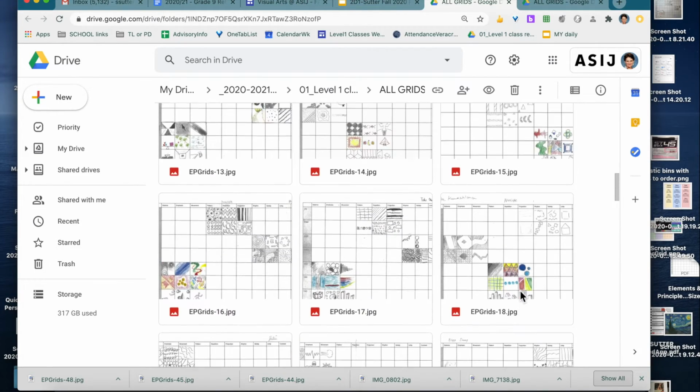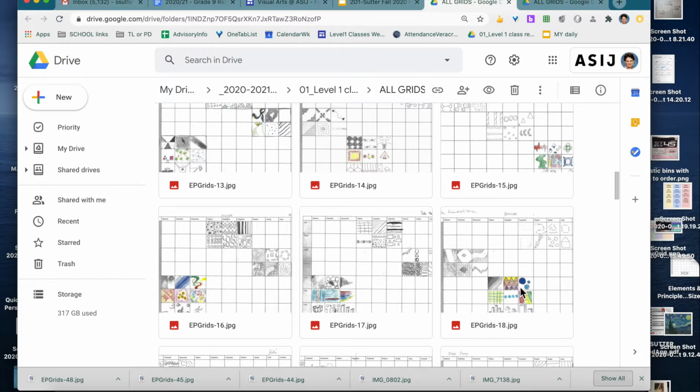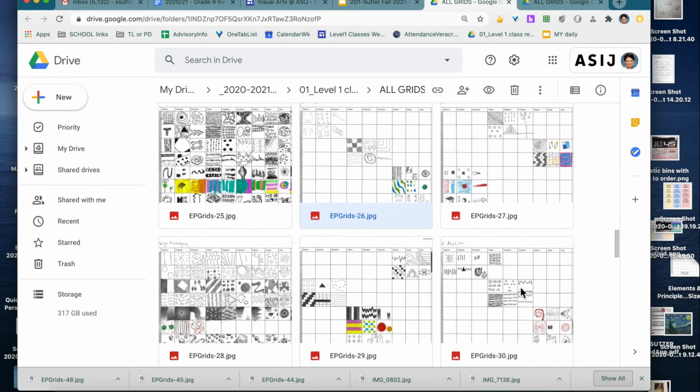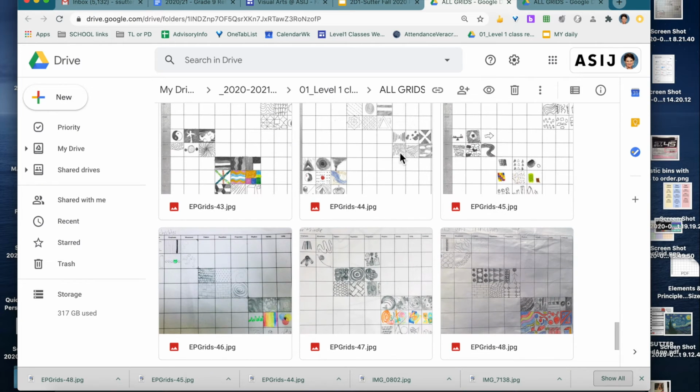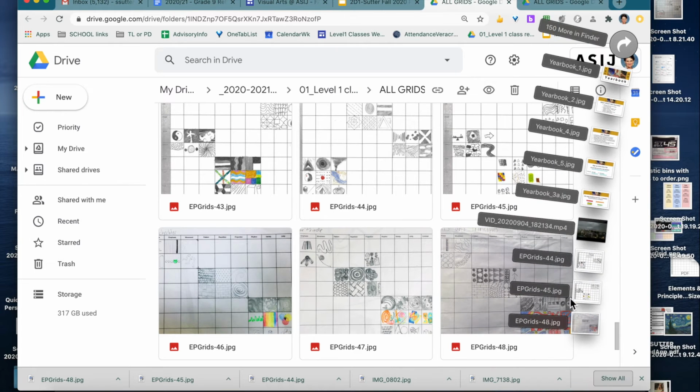So once you find your grids, go ahead and download them. What I've already done is downloaded, I picked 44, 45, and 48 because I wanted to show you what happens with one of the ones that was sent in through a photo because it's not quite the same whiteness, and I want to show you how to adjust that. So once you've downloaded your files, there they are in my downloads,